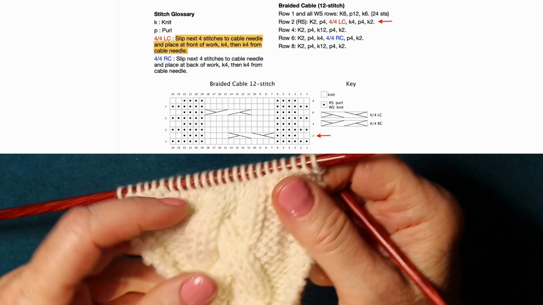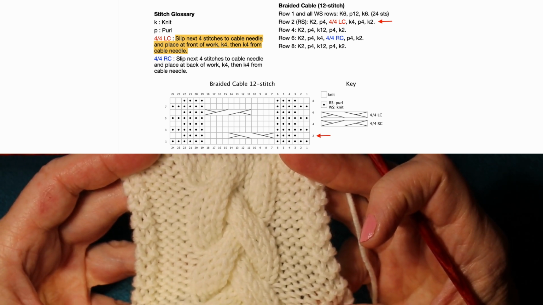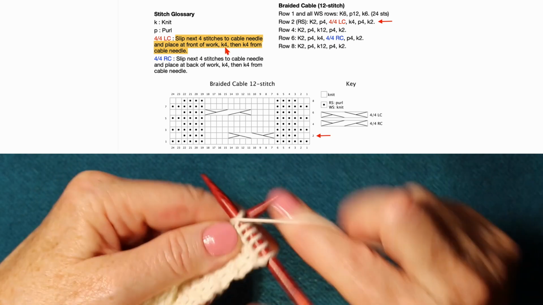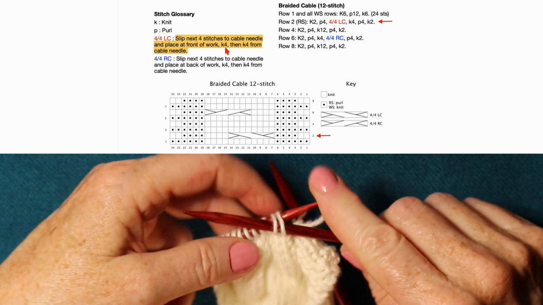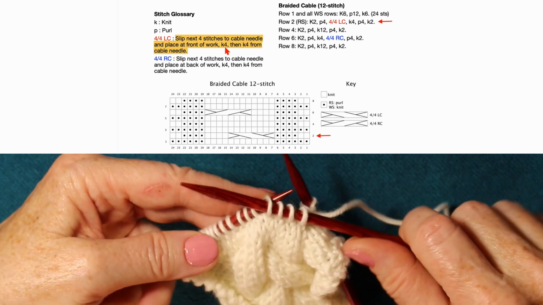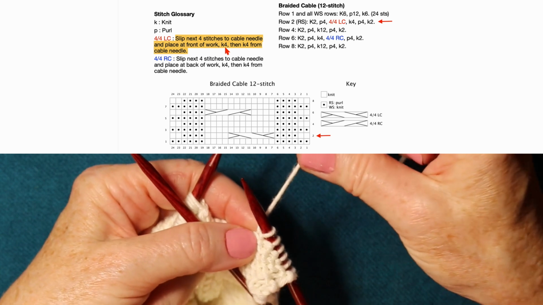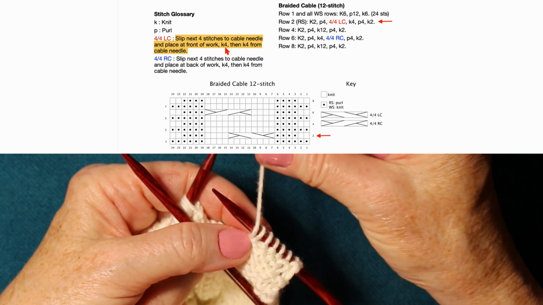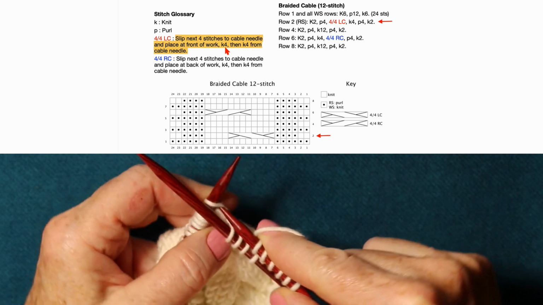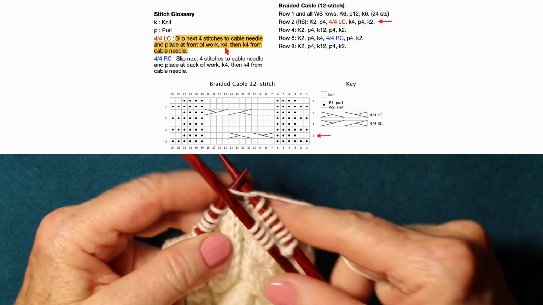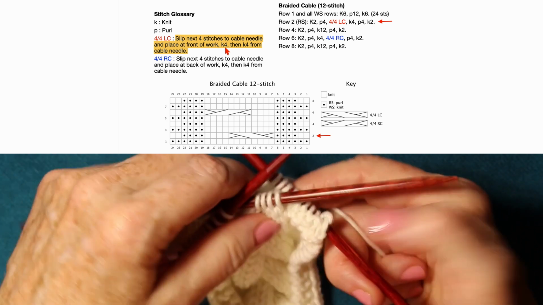I'm just going to demonstrate the 12-stitch braided cable. I've already done a couple of repeats of it, and I am ready to start row 2. And remember, when you see LC or left, that means you put the cable needle in the front. So we slip 4 onto the cable needle, and now I want to make sure that when you're doing this, you put the thread to the back. If you forget and it wraps over the top, you're going to end up making an extra stitch when you don't want one. So remember to always get it to the back to do the knits, and knit 4 off of this needle, and then knit 4 from the cable needle,